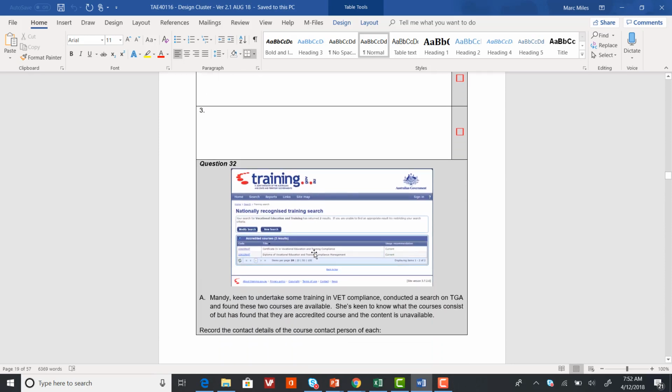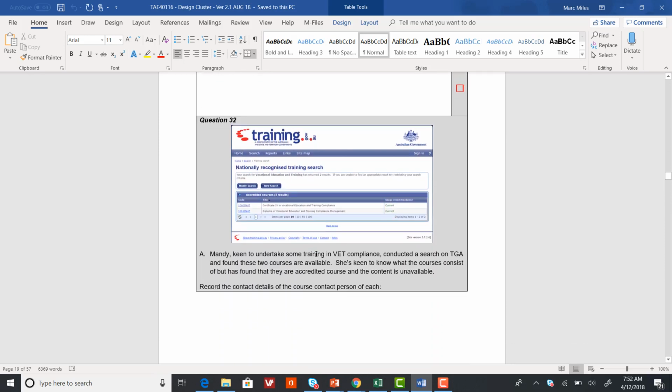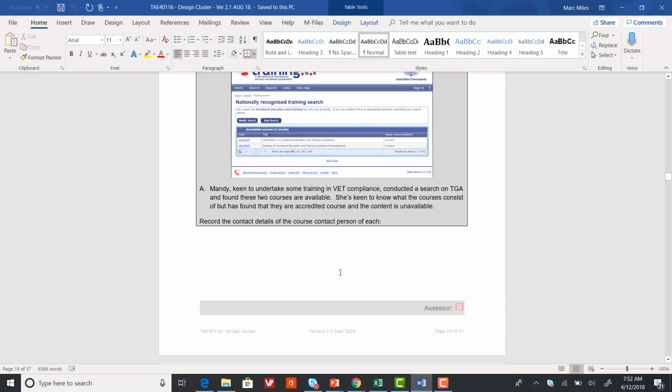Okay. Question 32. Mandy is keen to undertake some training in VET compliance. She conducted a search on training.gov.au and found these 2 courses are available. She's keen to know what the courses consist of, but has found that they are accredited courses and the content is unavailable. It says record the details of the course contact person. Now you may or may not be able to see the screen very well, but essentially the code is 10609 NAT. So what we're going to ask you to do is go to training.gov.au and put in the code 10609 NAT,